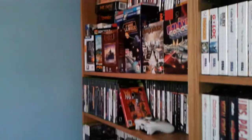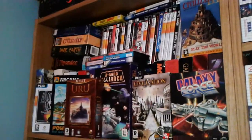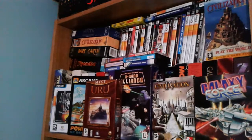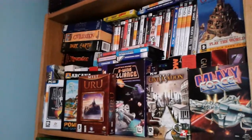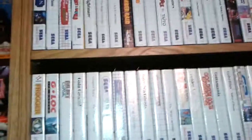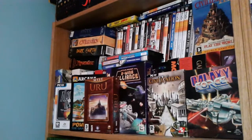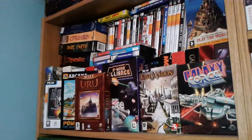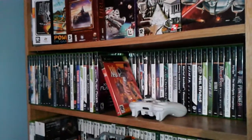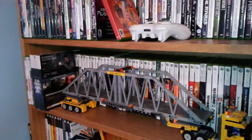So, final shelf then, or final shelving unit. Again, we have the kind of bigger opening shelves. Because these are IKEA, you can essentially get extra shelves and put them in, which I did in this one here. So, we start off with PC at the top, a lot of the big box stuff. As much as I hate the storage of big box stuff, they do tend to look cool. And we have Xbox Original, Xbox 360 with a big Lego piece,